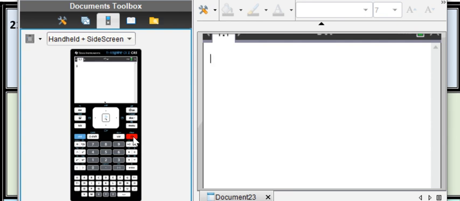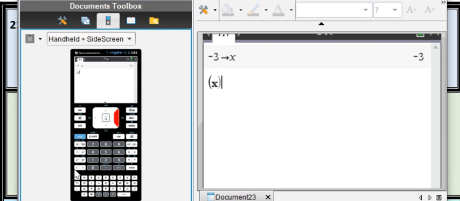So if I say -3 store x, every time the calculator looks at an x, it sees a -3. So next, we can type our equation in the calculator just like we see it. We're not typing g of -3. We're not typing the equal sign. So we're going to start with